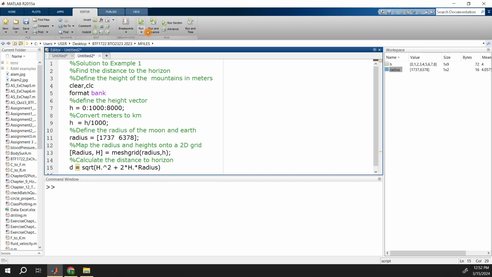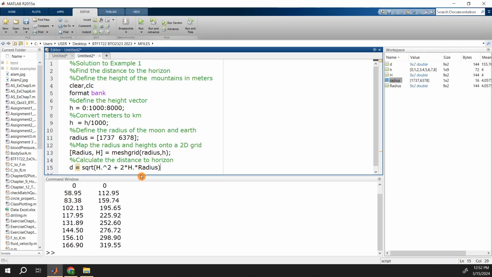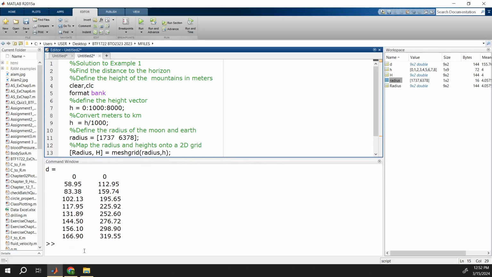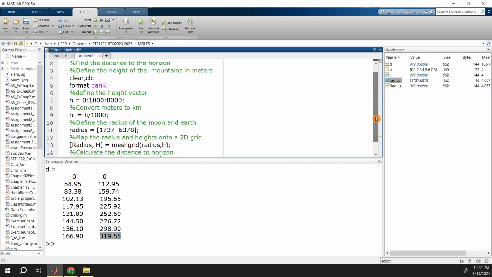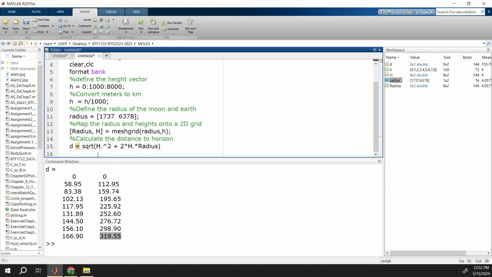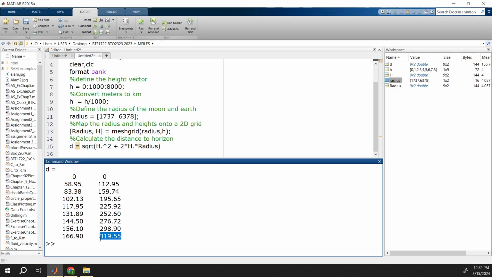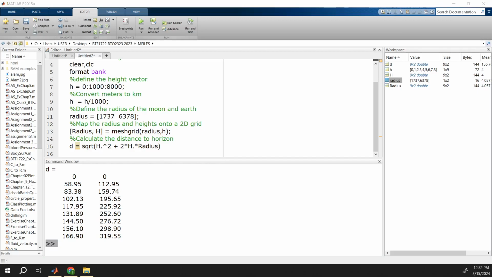and then you can save, or usually use this shortcut. So you will get this answer. The final answer is this one, 315.55. Because the first row indicates this is the d that we want to find out. This one, on this column, 319.55. So it actually